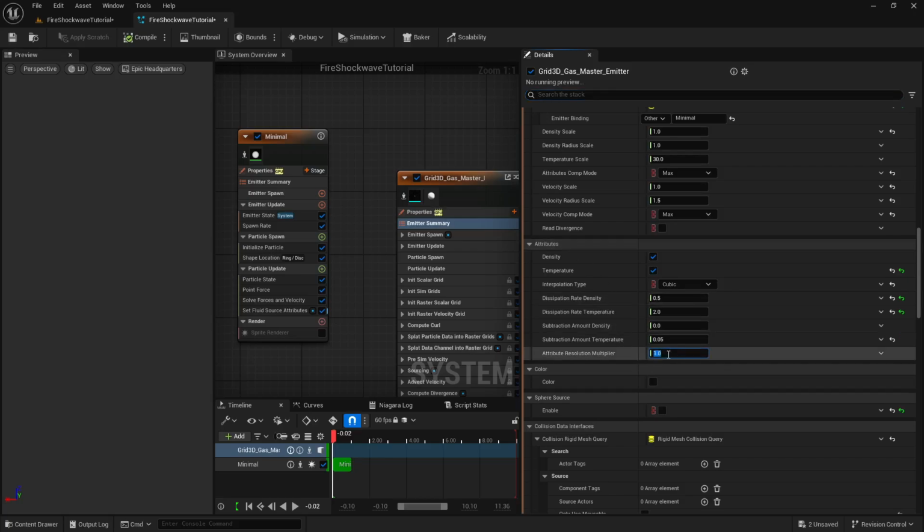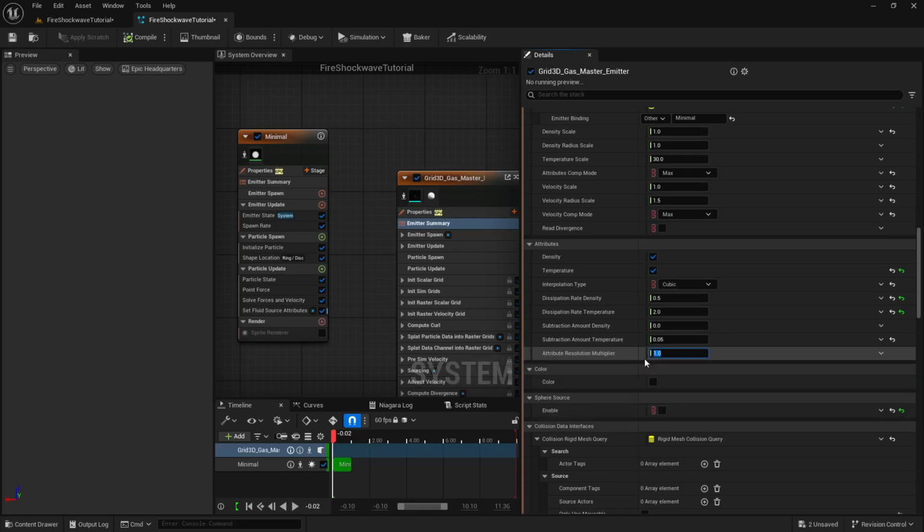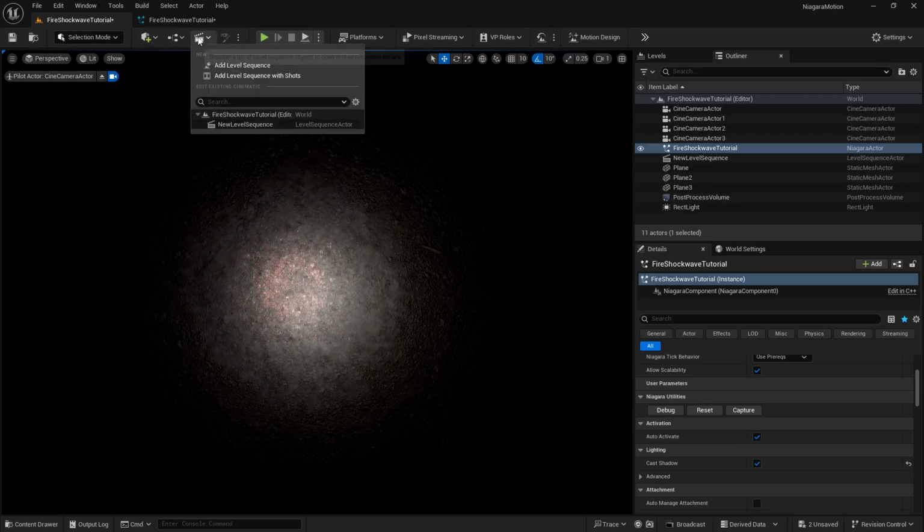Okay, and if I increase this to, let's say, 2, it is going to make the quality double. So by increasing the resolution of this attribute grid compared to the simulation, it's possible to get render details without incurring the cost of a higher simulation. Okay, so if I take this to 2, and if I go here again, now you can see it's looking something like this. So let's just add this to sequencer and render this out.